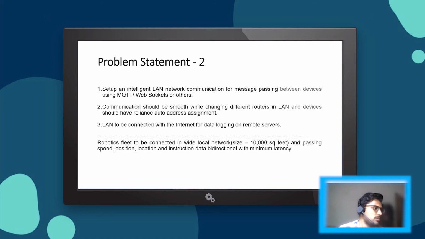The robots should communicate with each other, and the data passed will be robot location, robot plans, their next task, or speed. The competition between the teams will be decided by whoever achieves the smoothest communication with minimum latency.